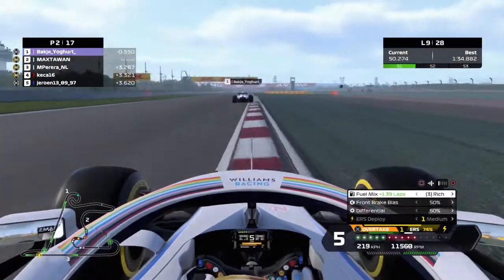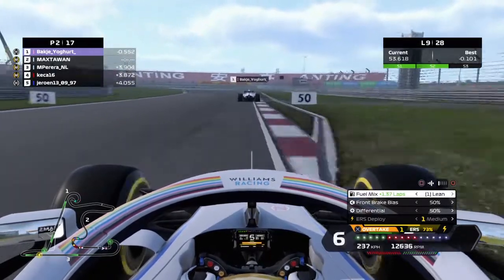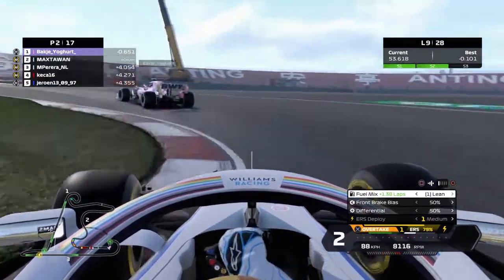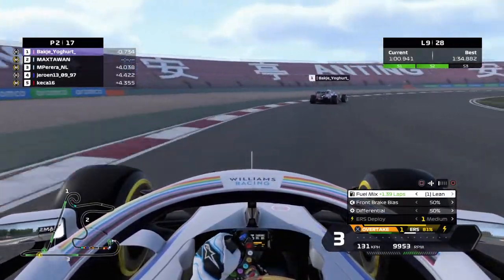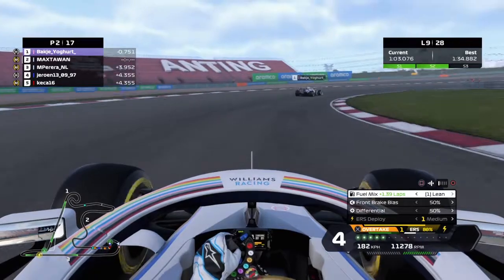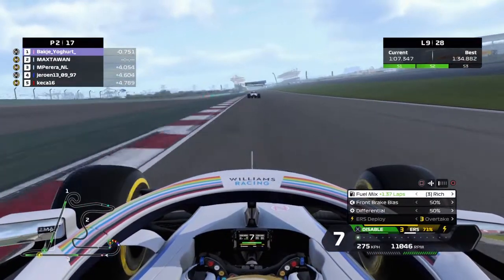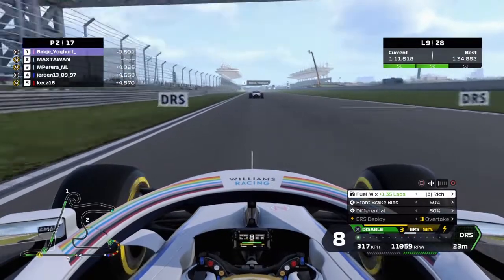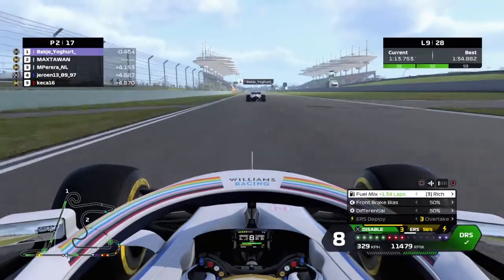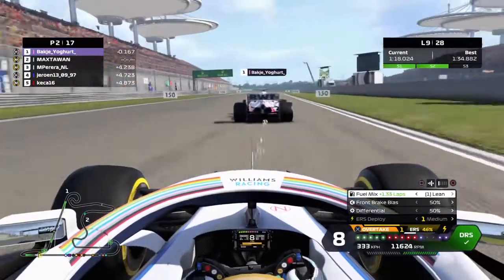So lap 9 now, 1 lap later, I've closed him a little bit. Those mediums are of course better than the hards, so that's logical. But here is really crucial to get a good exit. The dirty air is there as well, so that doesn't really help. Now 7 tenths behind, still gonna try it with overtake and rich fuel mixture, also DRS. And we're closing in massively, but not enough to